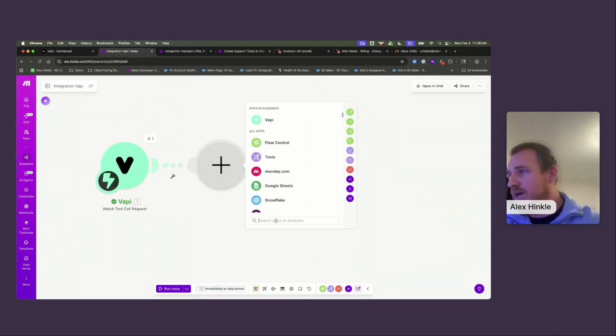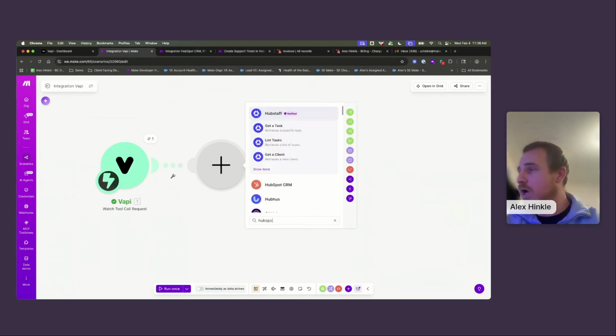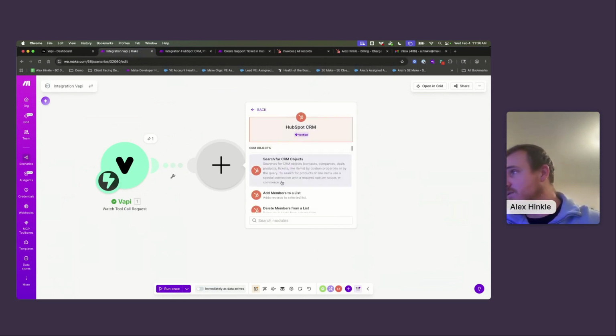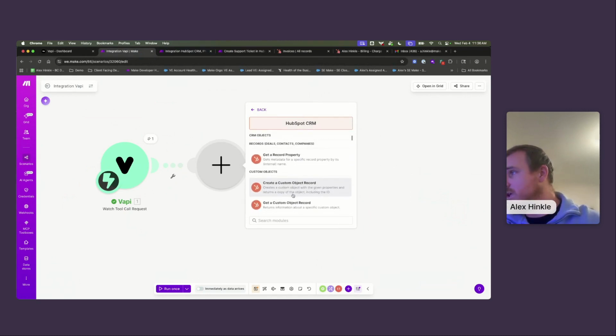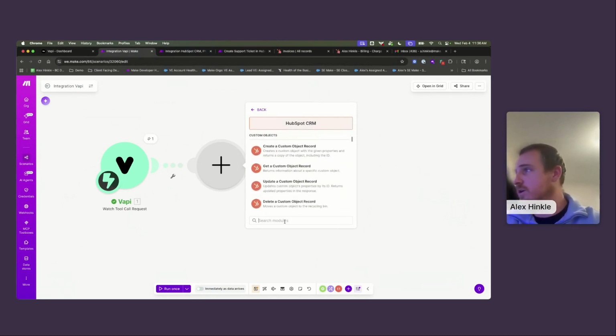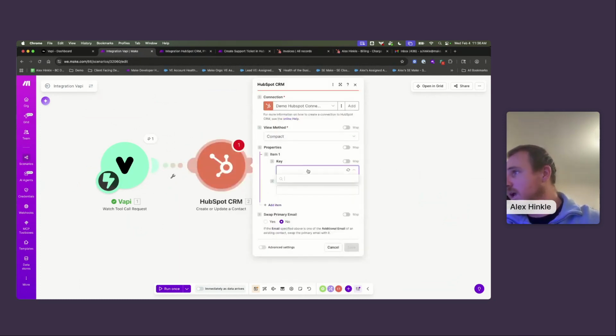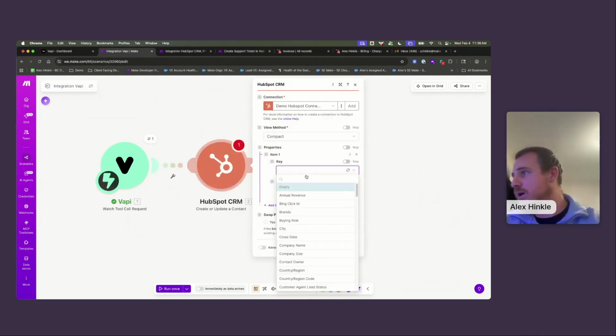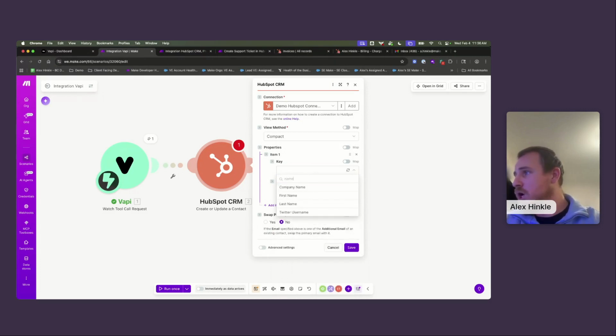So the first thing that we're going to have to do inside of this workflow is either create or update our contact inside of HubSpot. So let me just search for a contact in here, and we'll use this create or update a contact. And we're going to map in our variables here. So we're going to map in the